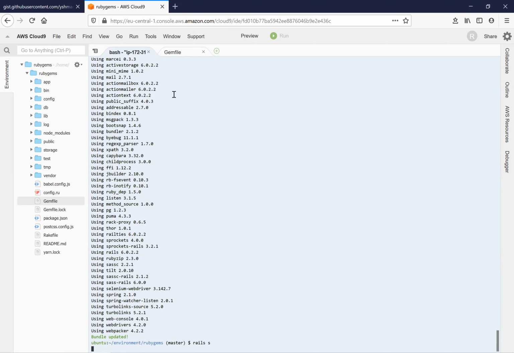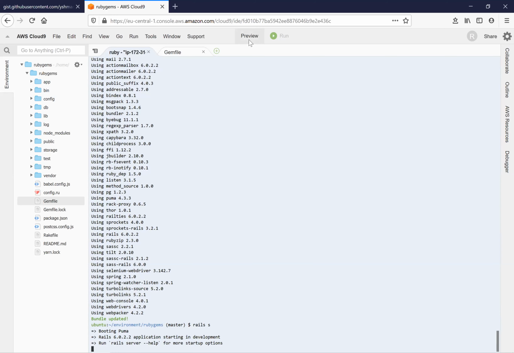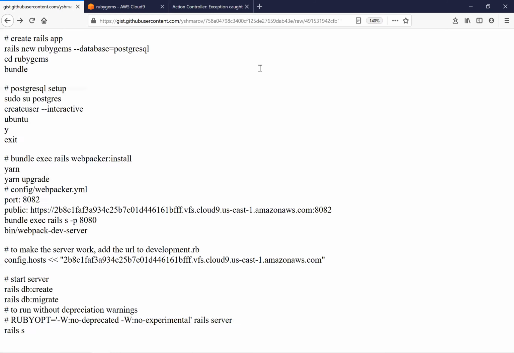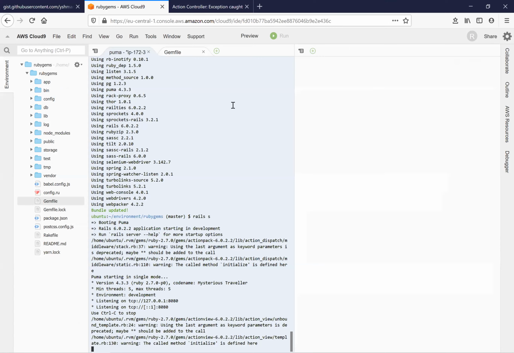So rails server. Let's go to preview running application, open in the browser. Okay, it tells us an error. So we need to add this in our development environment. So we are going to